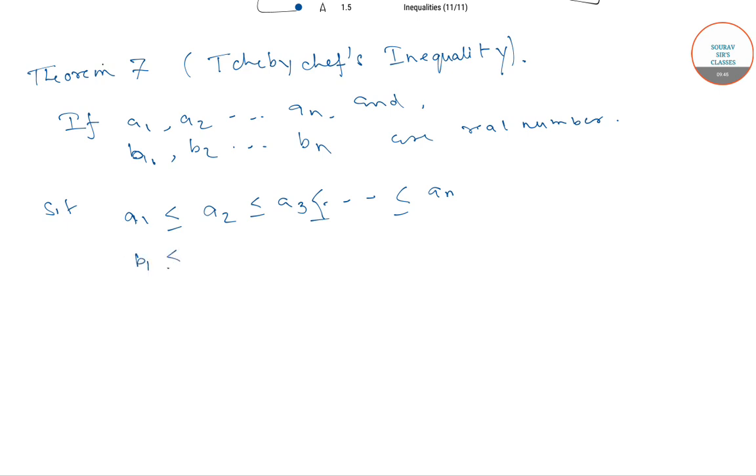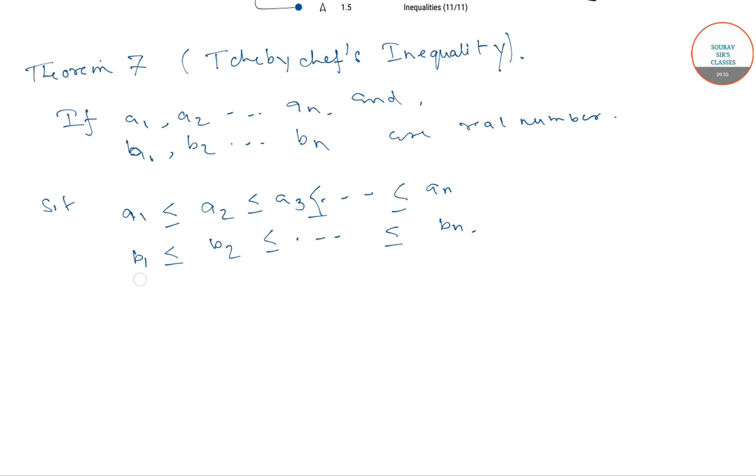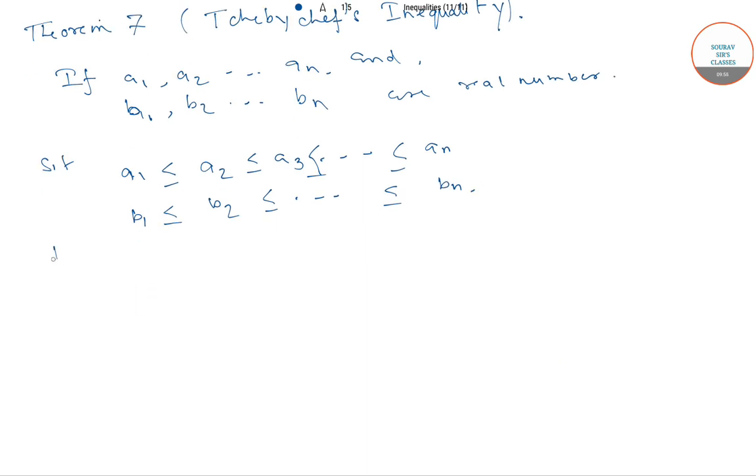Similarly, b1 is less than or equal to b2 is less than or equal to so on till less than or equal to bn. Then we would have